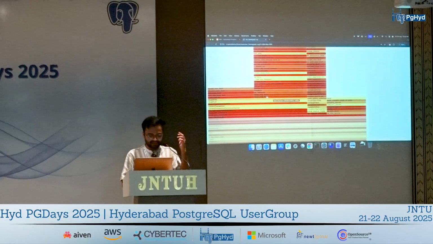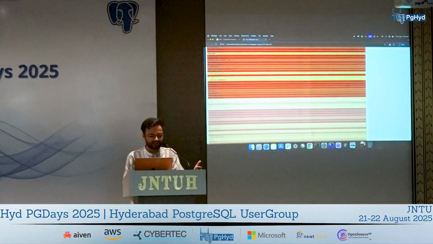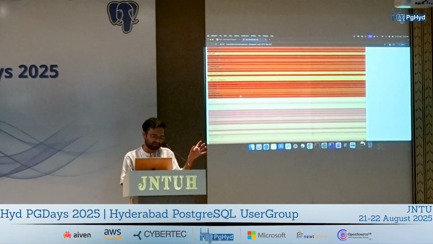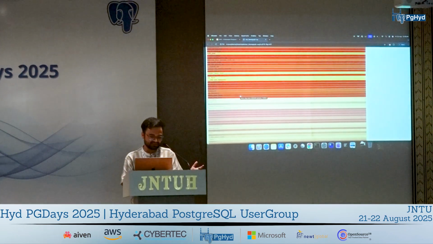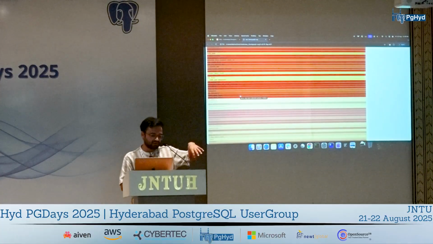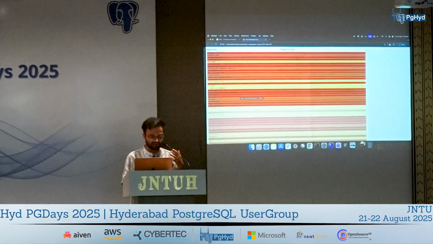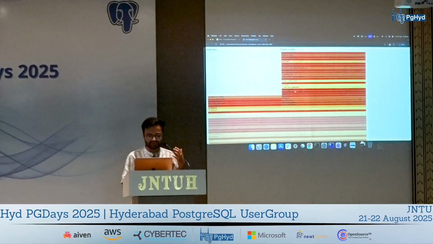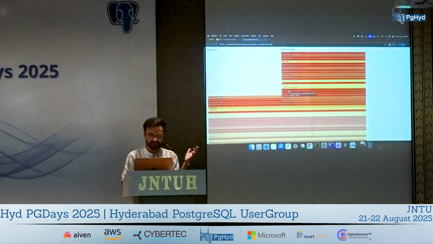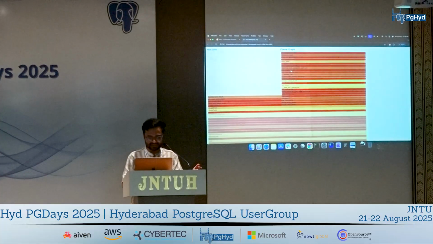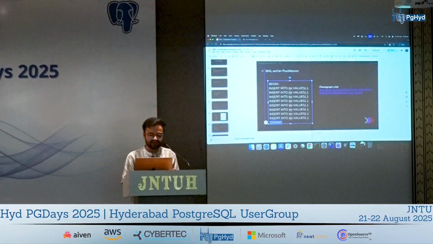If we take a look at issue_xlog_fsync, these XLogFlush and XLogWrite functions triggered the issue_xlog_fsync function, which is just a call to the fsync system call to store the last WAL records directly on disk. After this, all the manipulation of the pages that were brought into the shared buffers was carried out. You can see that there is a bulk insert flush function that was called. This is a bulk insert, right?